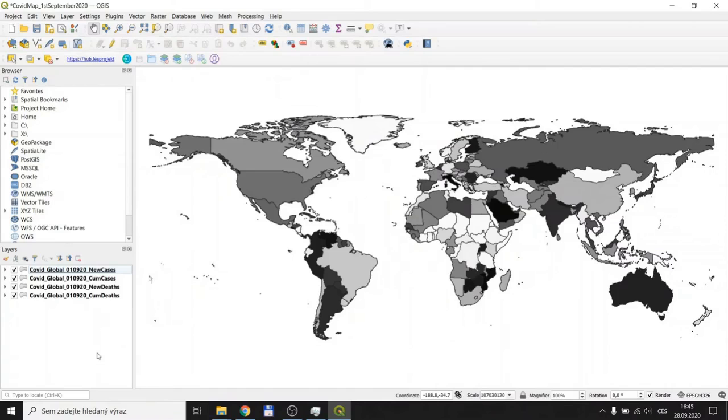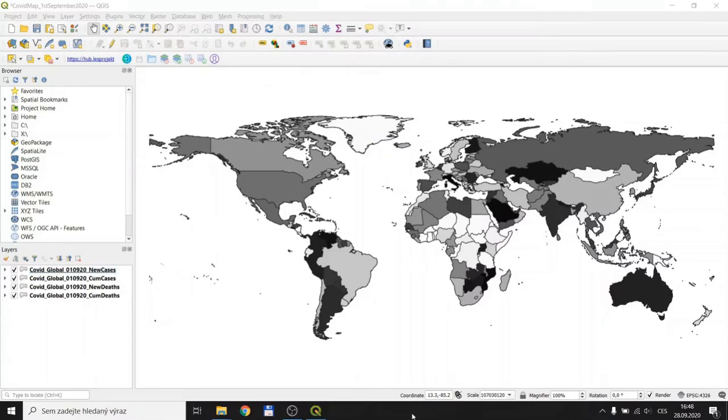As you can see, I have here 4 data layers. In this particular case, it's a COVID global map from World Health Organization, covering the world with the data about the COVID-19 from the beginning of March till the middle of September, and I chose the 1st September 2020 as an important date to show you data included in the dataset.